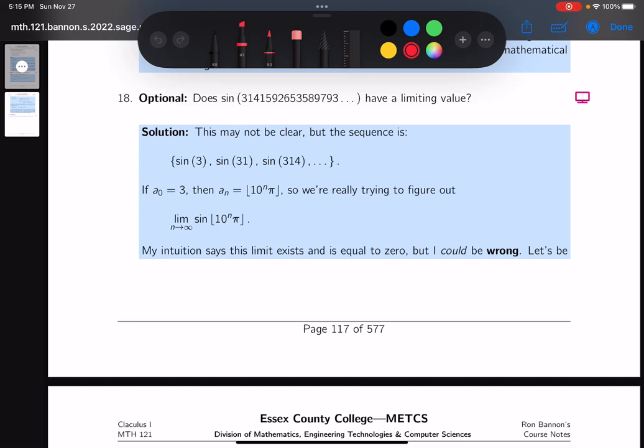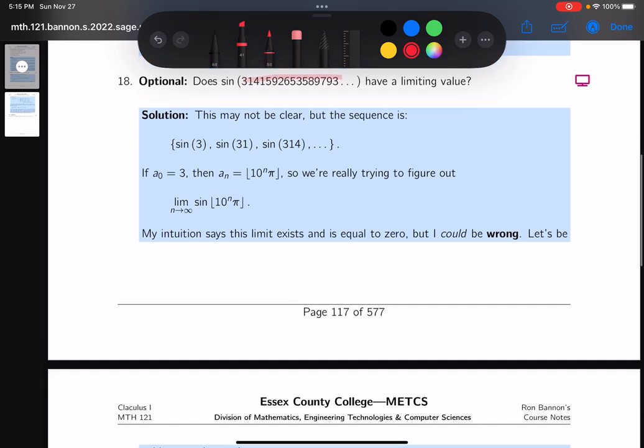Okay, it's asking a question: does the sine of this crazy looking number have a limiting value? The hope here is that you start to realize that this appears to be pi without the decimal digit, okay? So the way I would approach this problem is maybe to point out the obvious,